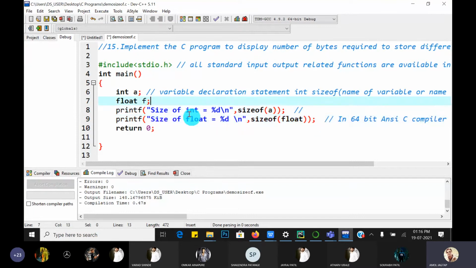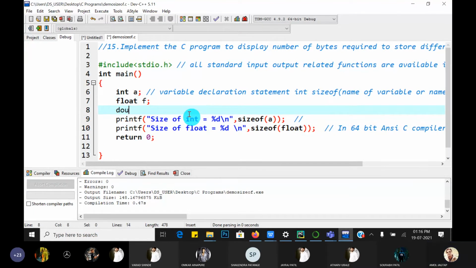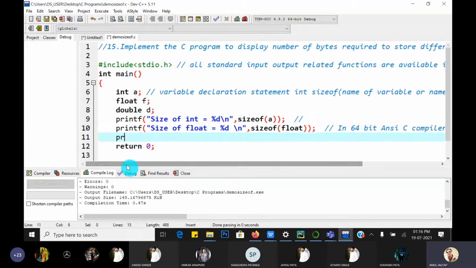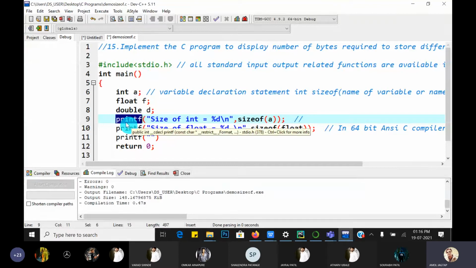Okay, great. Now check for the double data type, double d. Write printf, the name of the function. This is the printf built-in function, the standard output function, and its definition is present in the stdio.h header file.